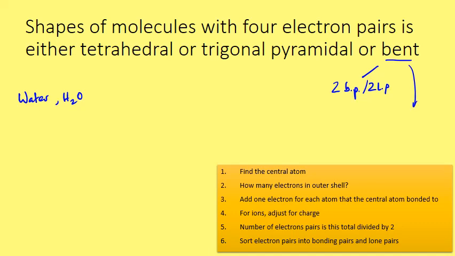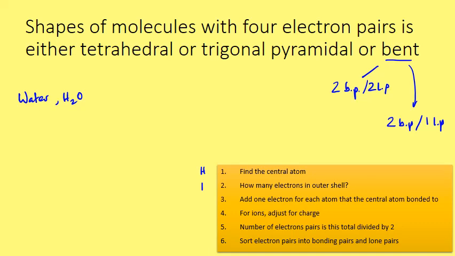And you might remember I skipped over another example of a bent shape, which was 2 bonding pairs, right, and 1 lone pair, when there were 3 electron pairs in the molecule. And both of these combinations give a bent shape. So we can use one example, that is water, to illustrate this bent shape of molecule. Okay, so that said, let's still go through our process here. Our central atom, hydrogen. How many electrons in the outer shell? 1. Add 1 electron for each of the